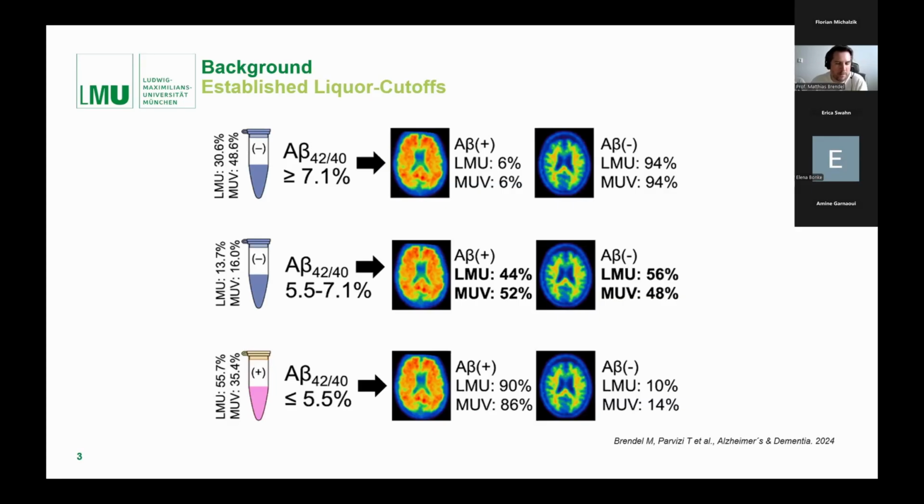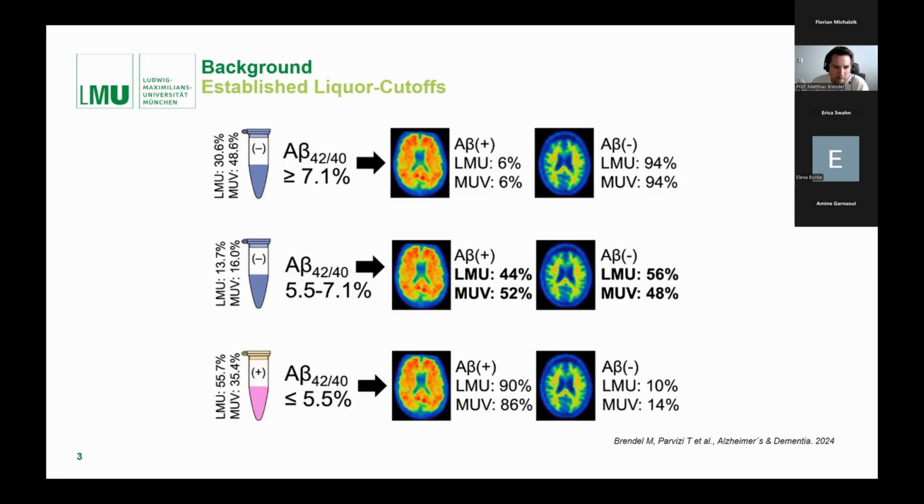If you look at the data that we have here in-house with A-beta CSF, also confirmed by an independent data set of the Medical University of Vienna: if you have an A-beta ratio above 7.1, you will find only few cases that are amyloid positive. So here, in principle, your CSF test is already rather good. And the same holds true if you have cases with a very low A-beta ratio below 5.5. Here you see 90% or 86% of amyloid positive cases in PET and only few cases with a negative